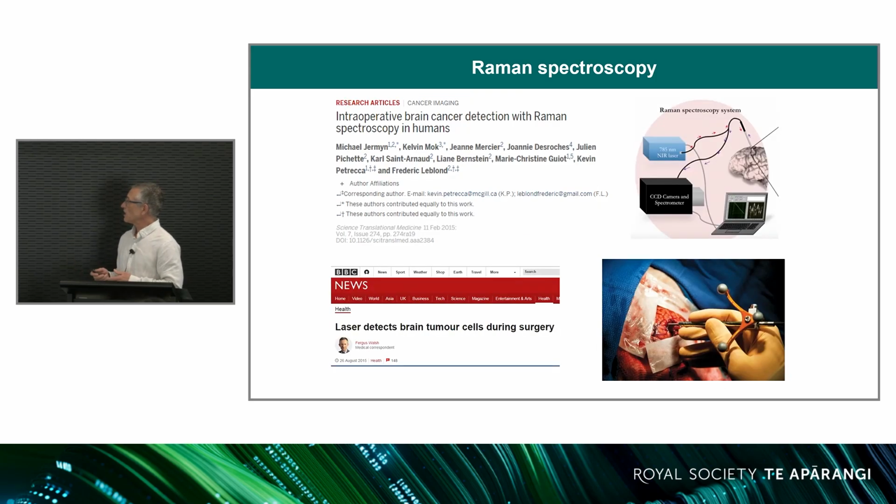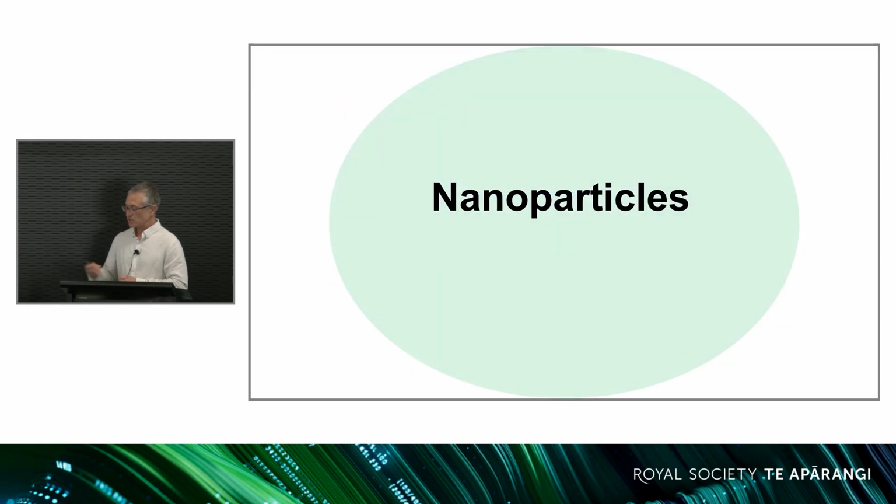Sorry, I forgot about this. This is actually used not just by us, but it's found its way to some remarkable applications. For example, this was an example a few years back where Raman spectroscopy was used to give direct feedback to the surgeon during the operation to see whether some parts were cancerous or not. So it's found its way to a lot of applications. But in principle, we could widen the range of applications if we could improve its sensitivity. So that's where the nanoparticles come in.